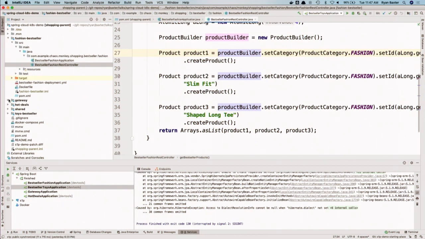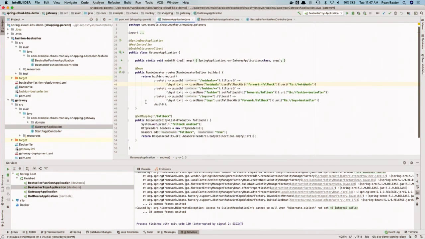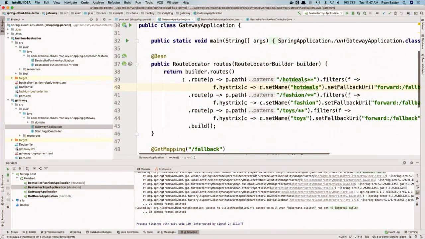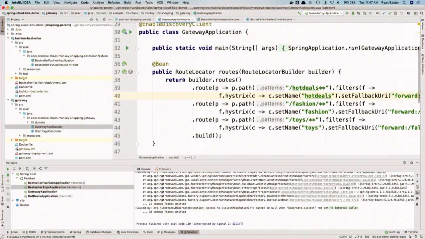The fourth app is a gateway, which is leveraging Spring Cloud Gateway, which we just heard a little bit about in the keynote here. There's a lot of other sessions that will go into the details of how to use the gateway. I'm not going to do it today, but basically we just created some routes in our gateway that are going to route traffic from the gateway to these microservices that are sitting behind it.